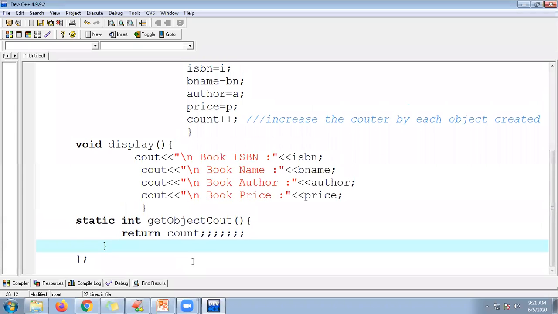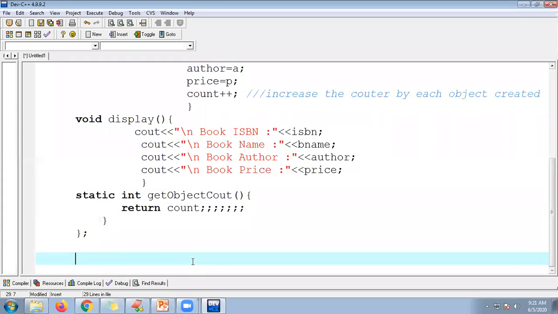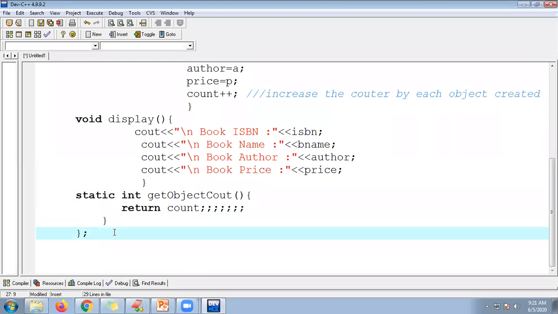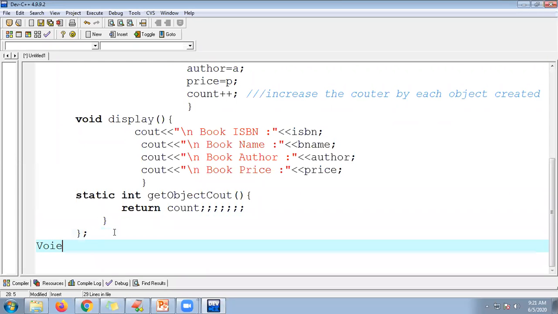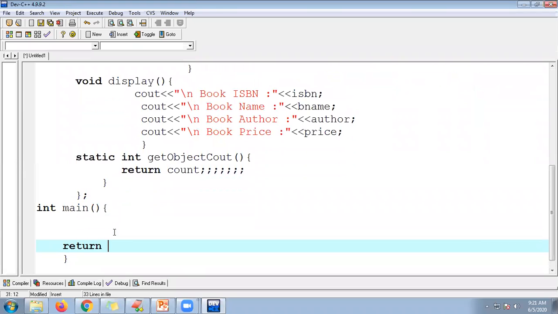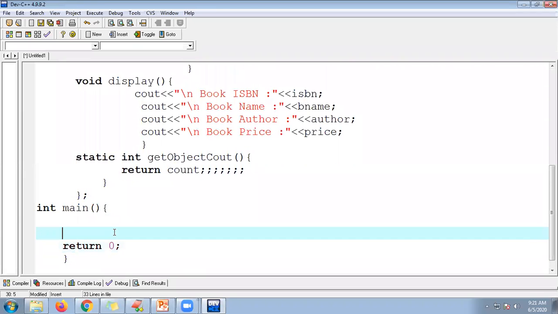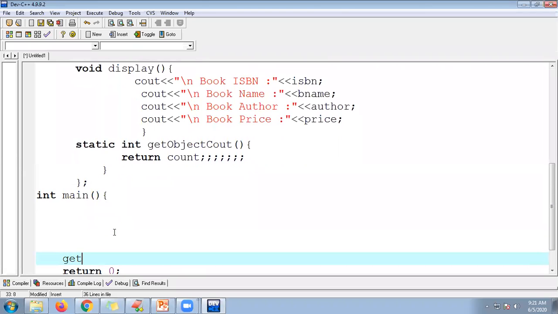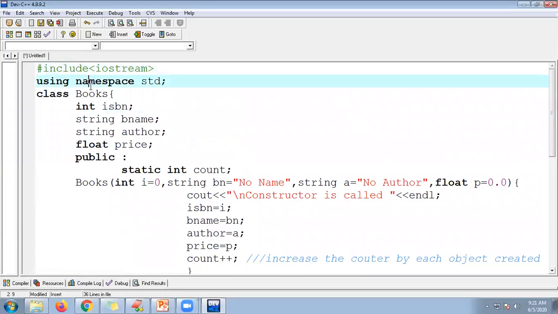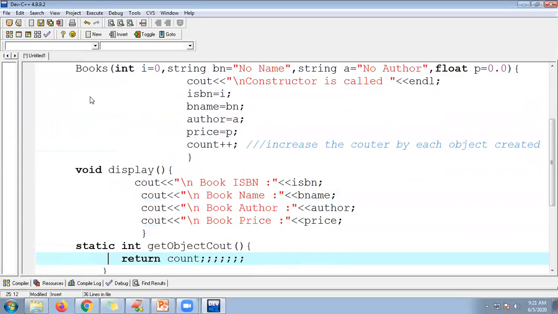Guys, now my intention is to prove all the points that I explained to you in these notes points. So let me prove all these notes points. I need to write the logic. So here integer main. Let me start the execution of my program from the main. So here is my return type, that is 0. I want to stop my program execution normally, so let me wait for a key to enter. So getch, and let me create the object first of all. So books.